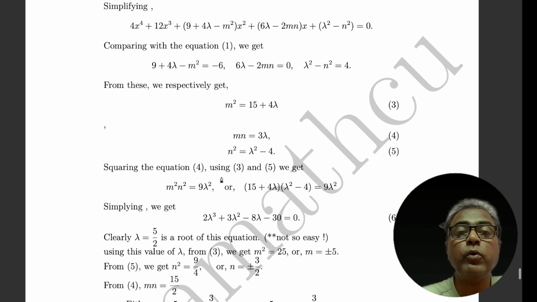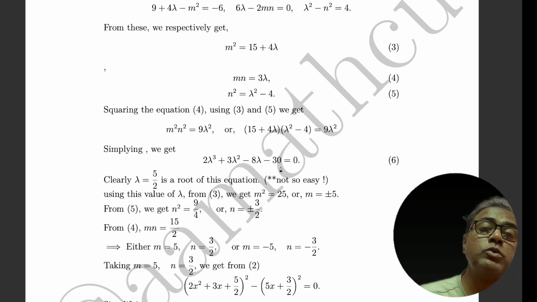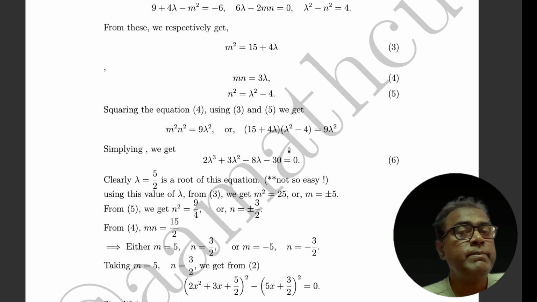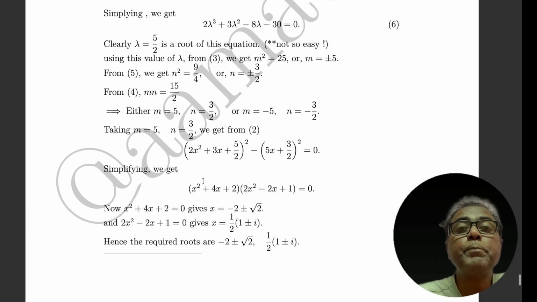Squaring equation 4 and using 3 and 5, we get m square n square equal to 9 lambda square. Now m square equal to this and n square equal to this. From 3 and 5, put these values of m square and n square, and simplifying, this is the cubic equation in lambda. Now we want to solve this cubic equation in lambda, but it is very difficult. We do not apply Cardan's method here. We apply another technique: lambda equal to 5 by 2 is the root of this equation. But why? Actually, the technique is this: 2 lambda cube plus 3 lambda square plus 8 lambda minus 30